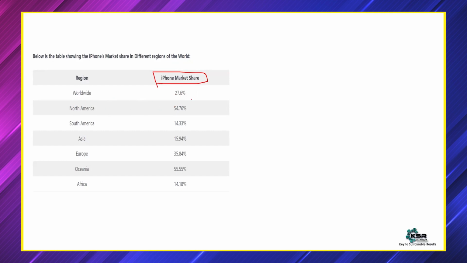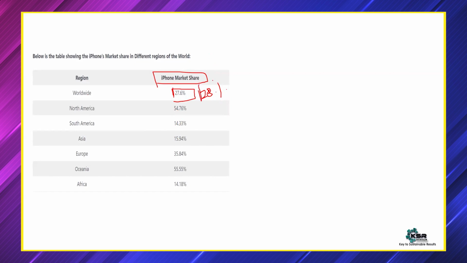Now, if you see worldwide, 27 or 28% of the mobiles are iPhones. We have a competitor called Android. There are some other competitors also, but the biggest competitor is Android here. Okay, accepted. But worldwide, around 28% of market share belongs to iPhone.